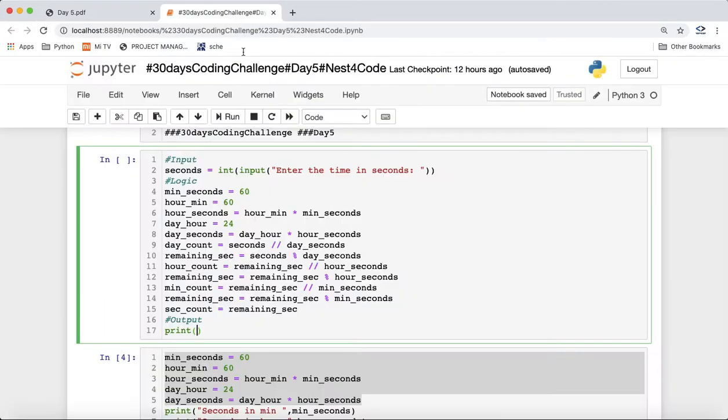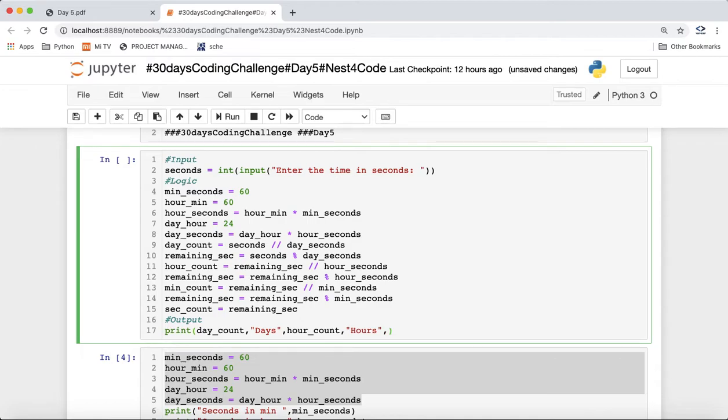Okay, so what will we print here? In the print, we'll first pass the day count, right? After this we can apply a comma and say days, right? After this we'll use the hour count, and after this we'll print hours.